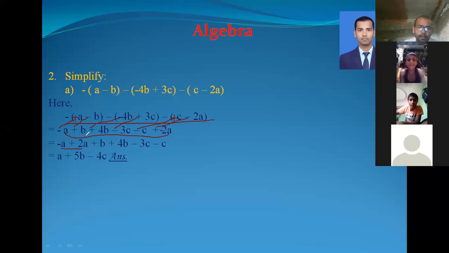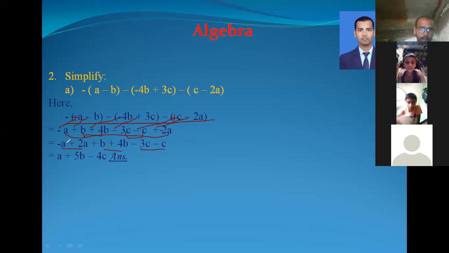Similarly b and 4b are like terms, so in front of b there is plus, so plus b, and in front of 4b there is plus, so plus 4b. And at last we have c. So 3c and c are like terms, so minus 3c and minus c, because in front of 3c and c there is the minus sign. And after that you can see here, okay,